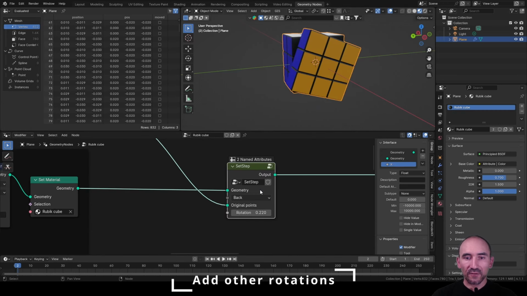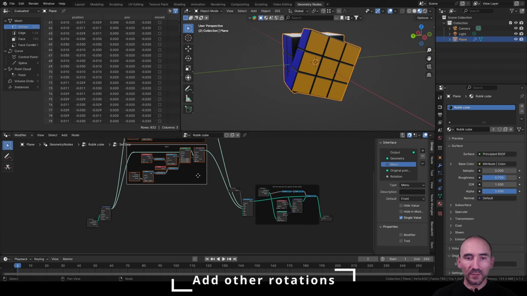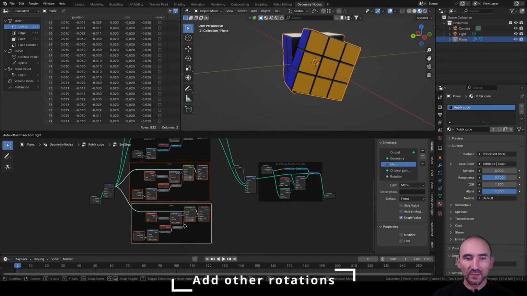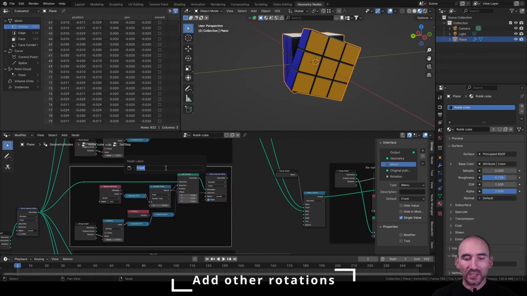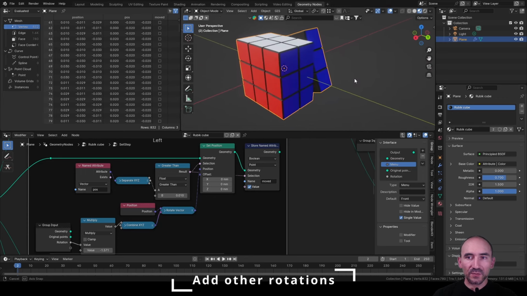In this way I can flip from the front and the back, getting the correct clockwise direction of the rotation. Now I can take these two groups of nodes, move them a little bit up, and press Shift Ctrl D to duplicate them another time and another time. Now we need to set the left side, looking from this perspective, so the positive X, Y, and Z,